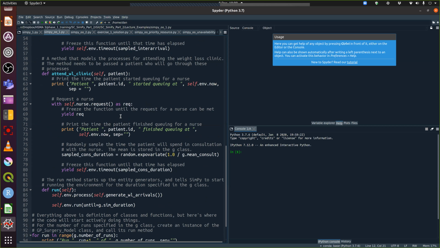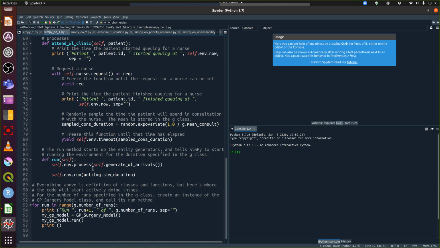We can just pass the patient, and the patient has their ID, and in more complex models we'll have other stuff as well. And anything that's model related, like average time spent in activities, we can just refer to the G class. So the last method we'll need in the model class itself is a run method, which basically tells it the things it needs to do to get this up and running, which if you remember from last time,